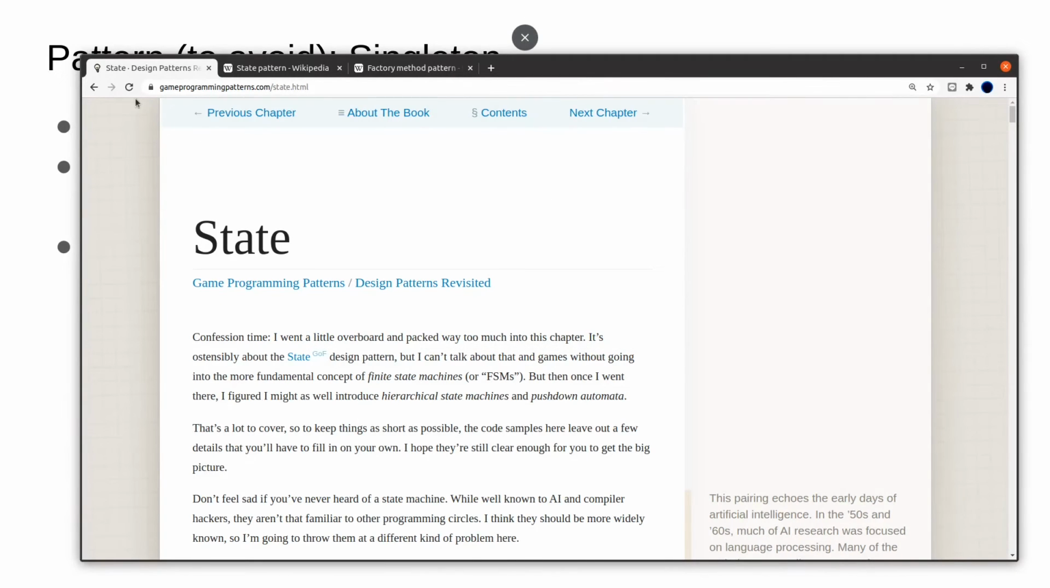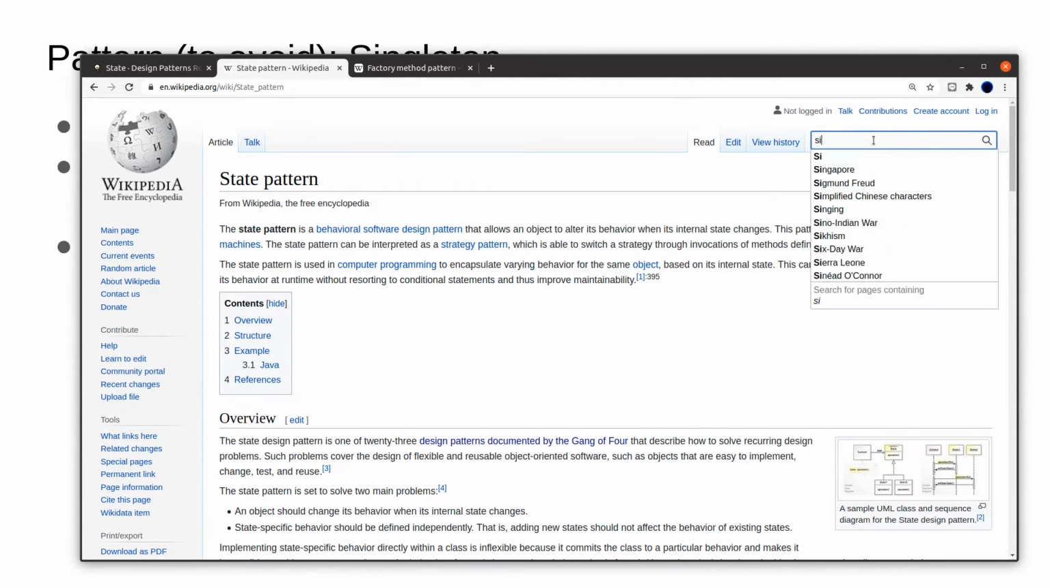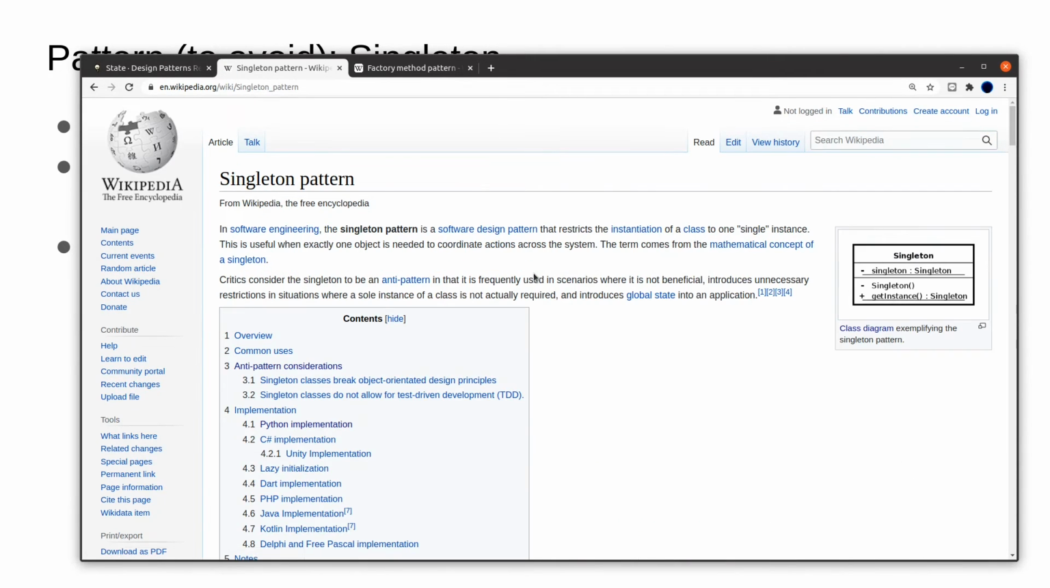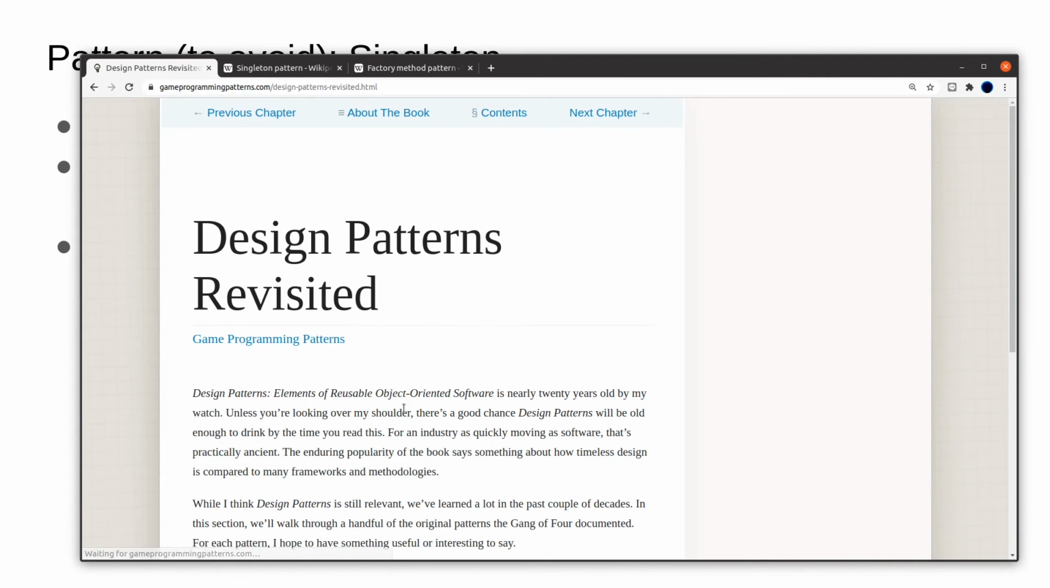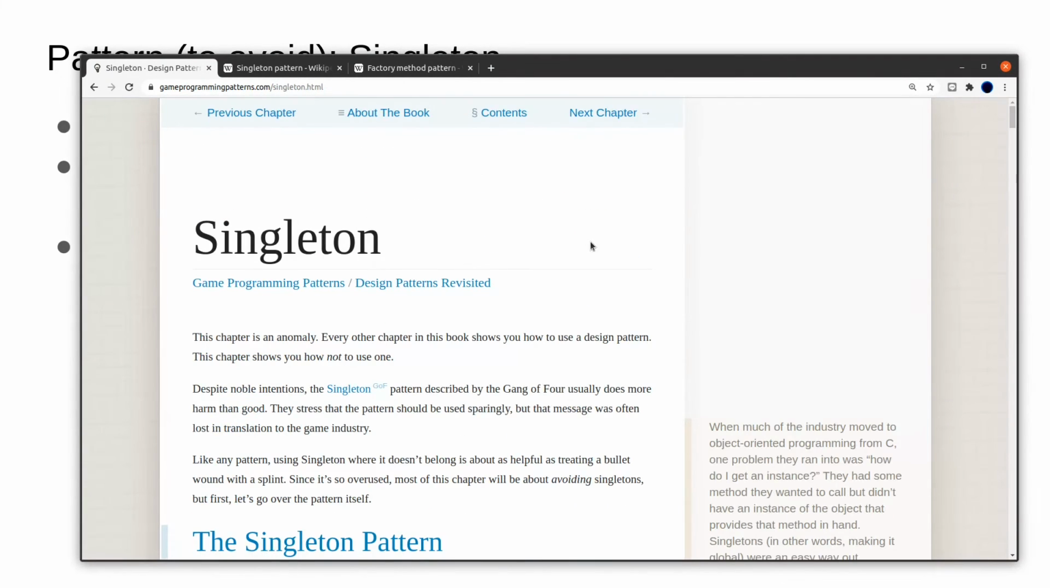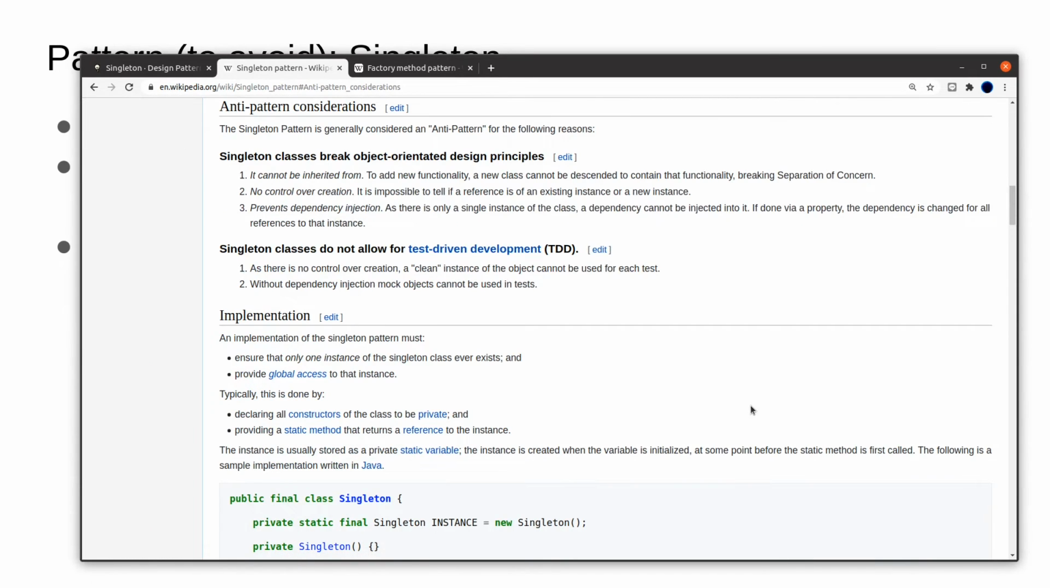Again, as I told you, you should go ahead and read the pattern here. Singleton pattern, before you continue. And here as well, singleton. You should read both of that, but you can see that the singleton pattern is one of the original Gang of Four patterns, but it is currently considered to be a pattern that you should avoid